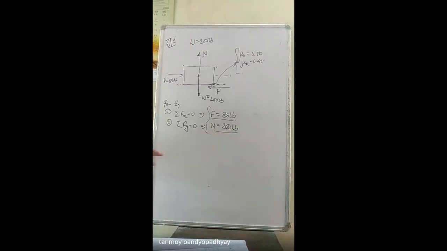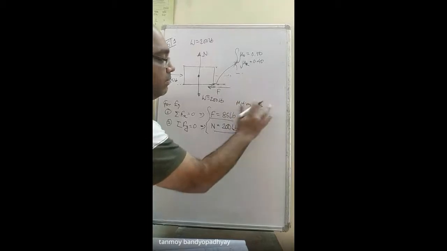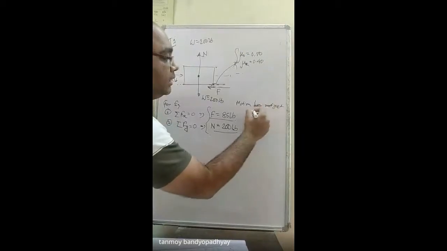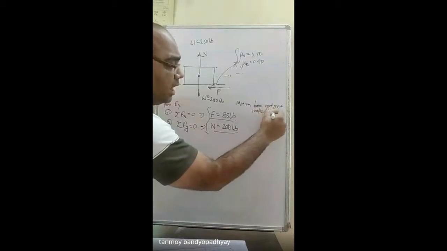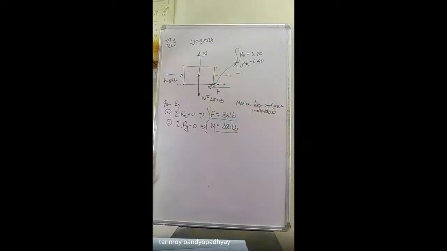As we just discussed, initially we don't know whether motion has started, whether friction is in the increasing state, whether friction has become maximum, or whether the friction has reached the kinetic state. That is why we first make an assumption that motion has not yet impended. I am not using the word started, I am using the word impended. So there is no tendency of the body to slide. I am calculating the value of the frictional force based on conditions of equilibrium.